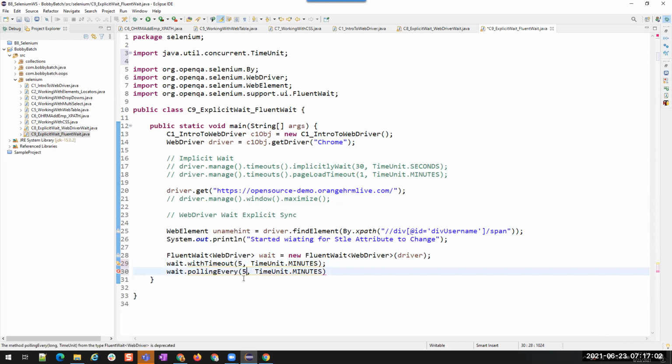And I don't want to check every half second. If I don't mention this, it is going to perform the same verification every half second, but I don't want that. I want to verify every 20 seconds, right? So here I make TimeUnit dot seconds.